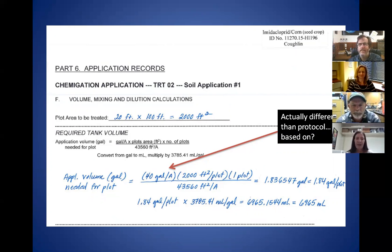But basically, we wanted to mimic the commercial practice because they're already making these applications regularly. And so I went out with the crew and observed a chemigation with Admire Pro and recorded all of the parameters. And this is the volume that they use. So I wanted to match that, and then I talked to Keith about it, the study director, Keith Dorschner,